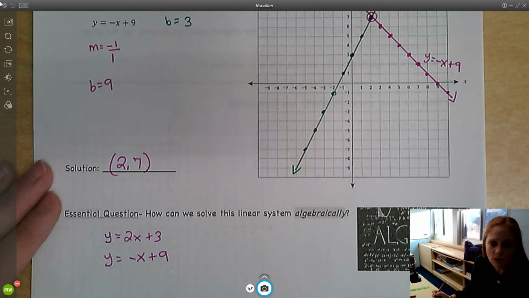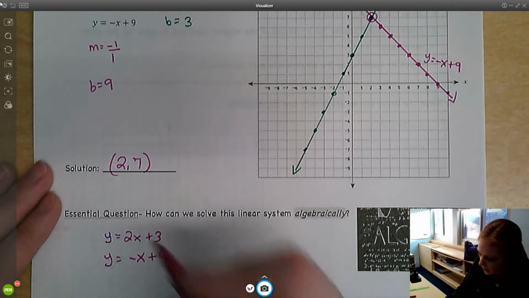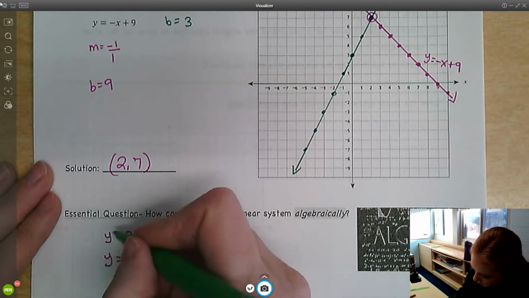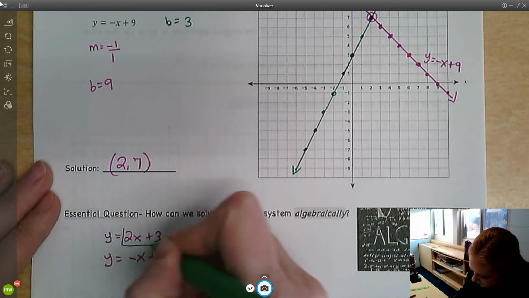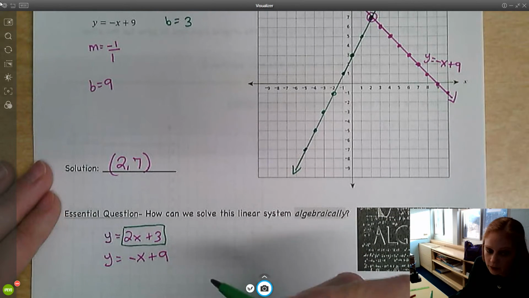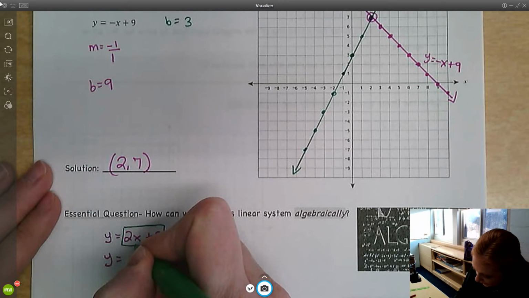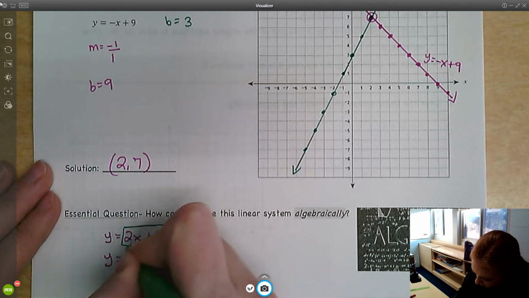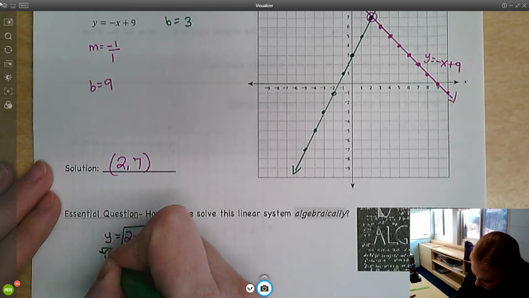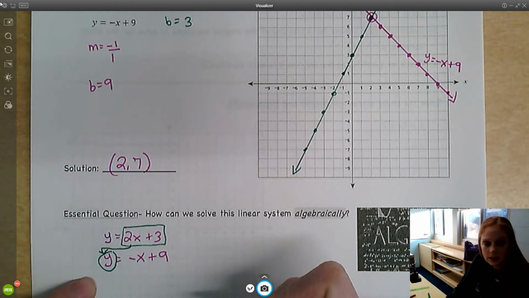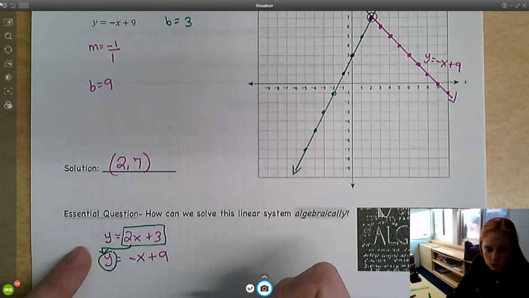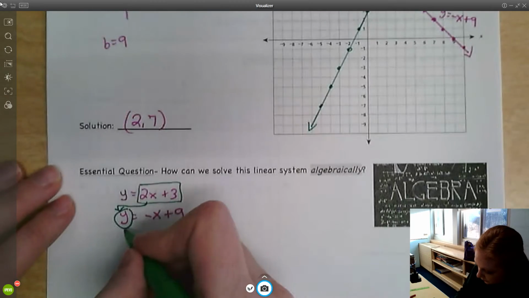Okay, so to solve algebraically, what you're going to do is look at our equations here. So we know that y equals all this stuff here. Y equals 2x plus 3. So what I can do is take that 2x plus 3, and if it equals y, well, then I can plug it in right here for y, because 2x plus 3 equals y. So I can plug that in for y